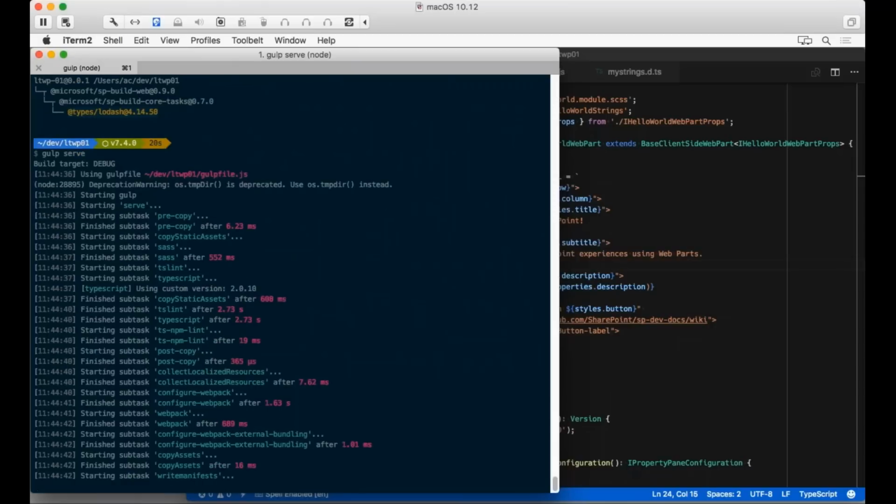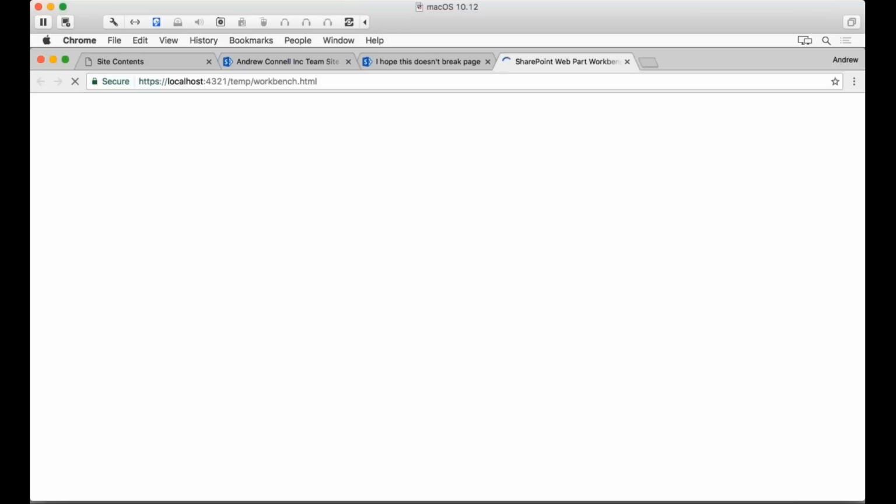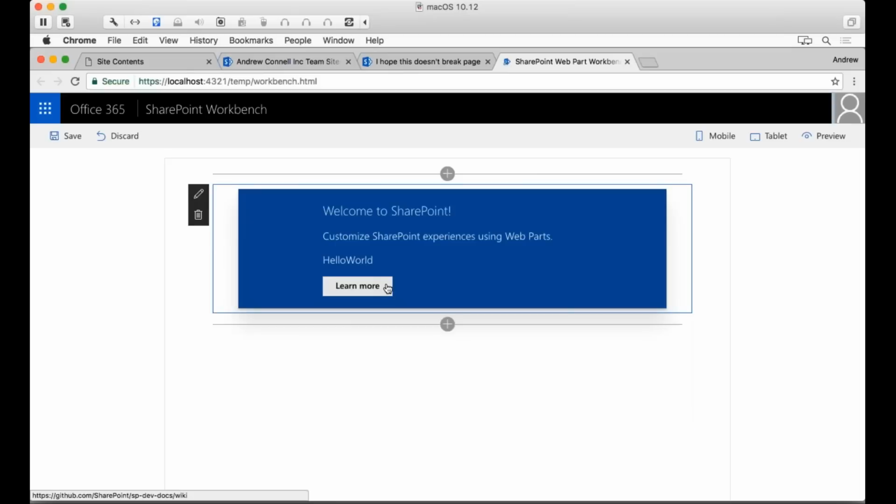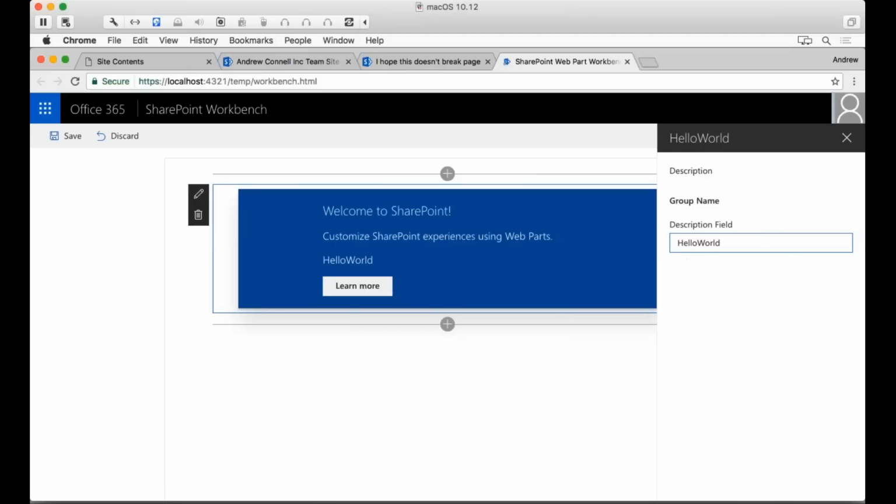It's all running. And it's loading up my workbench, and ta-da, I'm on my local workbench. Now look at that, I'm on localhost, I'm not even on SharePoint. And here if I click this little plus, there's my Hello World web part. And so when I add this guy to the page, there he is, and I can go through and make some changes to him. Come over here, and space here, say Hello World, no, Hello Lightning Tools.